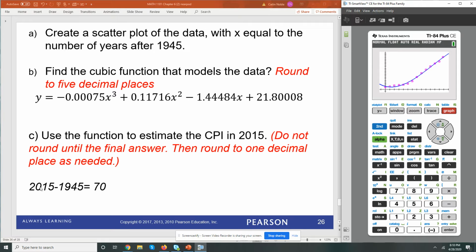Now, remember, I can't type in 2015. I need to change it into an X number. So 2015 minus my 0 year, which is 1945, is going to give me 70. So I'm going to hit Second, Trace, number 1 for Value here. And then I'm just going to type in 70 and enter. It should find where X equals 70 on that model, and it tells me the Y value that comes back out. Now notice that is